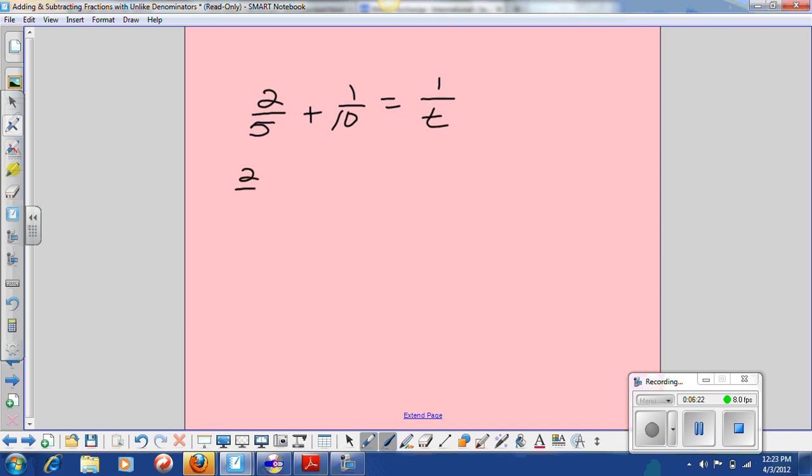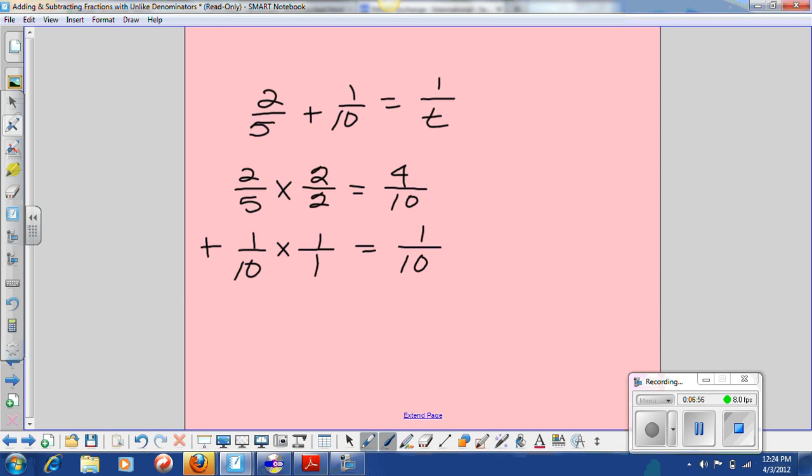So let's take our two fractions, line it up like this, and we know we may need to do a factor tree, but our lowest common denominator is going to be 10, isn't it? So 5 times what will give me 10? Look at your denominators first. 5 times 2. Since it's going to be an equivalent fraction, whatever I do to the numerator, I have to do to the denominator, and vice versa. So 2 times 2 is 4. So 10 is already 10, so it's just 1 times 1, which is 1/10. So if I add them together, that gives me